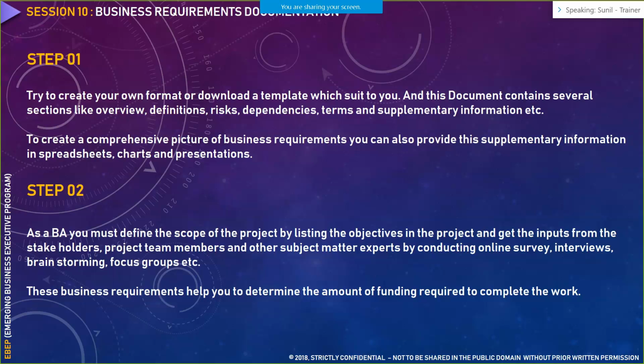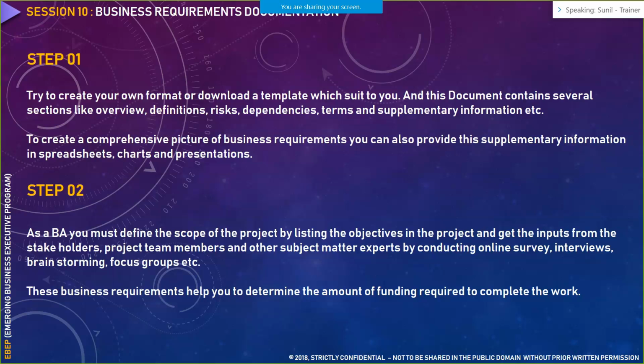Now, these are some of the steps that you need to take when you are writing your business requirement document. You have to create your own format or download a template. Like I said, every organization would have a template for writing a BRD. Always use that particular template, because that gives a brand identity in front of the customers that this organization has created this particular BRD for us. That template would have all the necessary branding elements like the header, footer, the logo of your organization, and so on. So always make it a habit to reach out to your competency group for a template when you are asked to write a BRD.